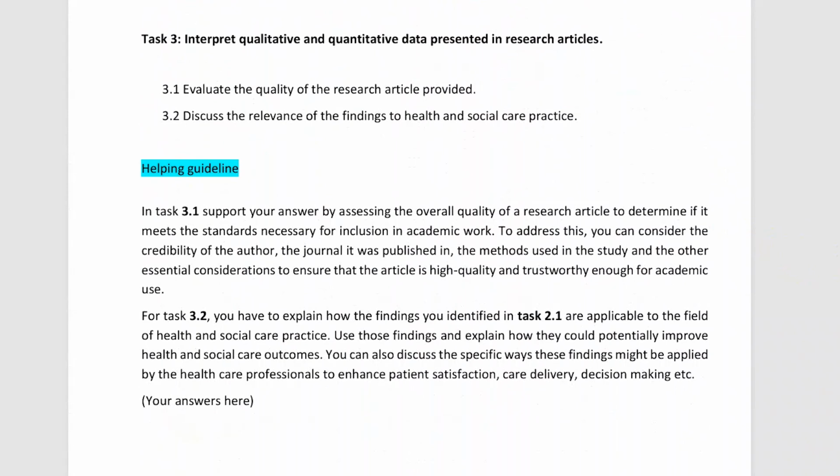For making the relevancy of these findings, you have to explain whether these findings can be used in the health and social care sector or not, and if yes, how they can be used in health and social care practices. Do they help improve patient care? Can they support better decision making by health professionals, or could they lead to better health outcomes? This is how you can relate your research findings from assessment criteria 2.1 to meet the requirement of assessment criteria 3.2.